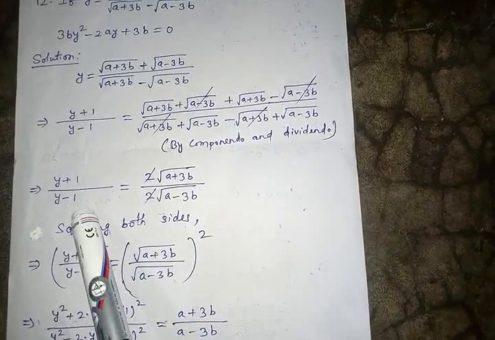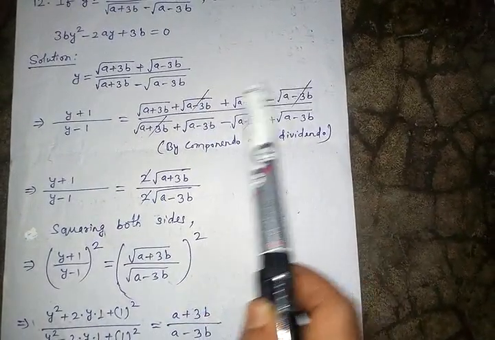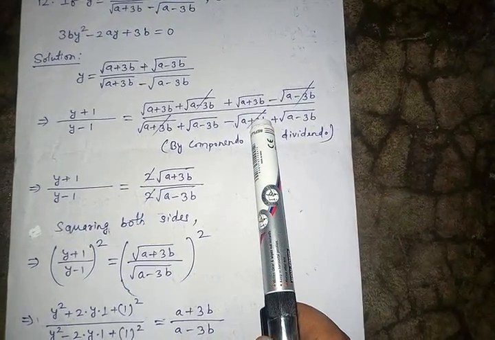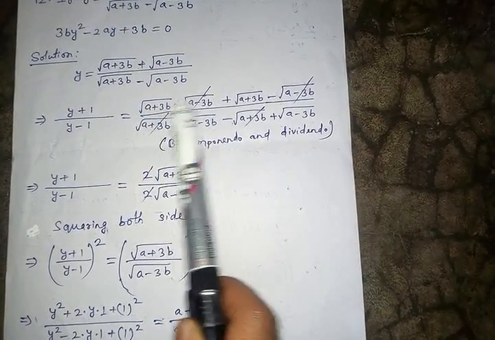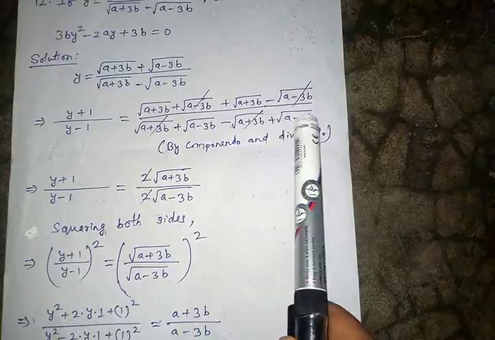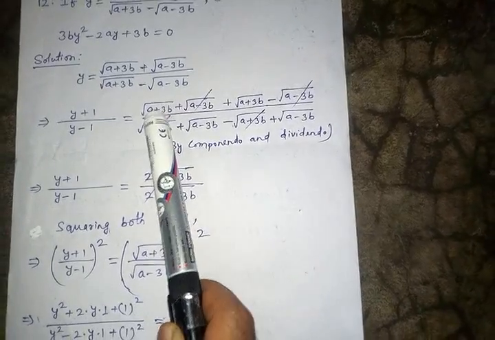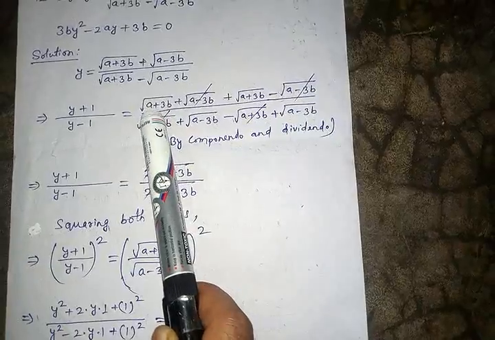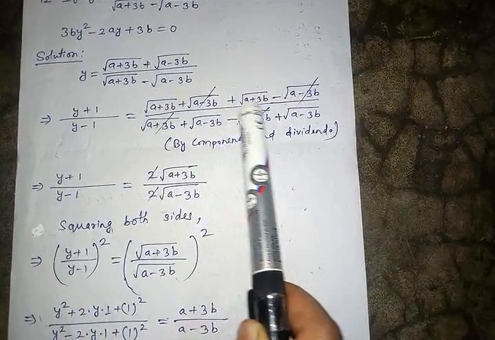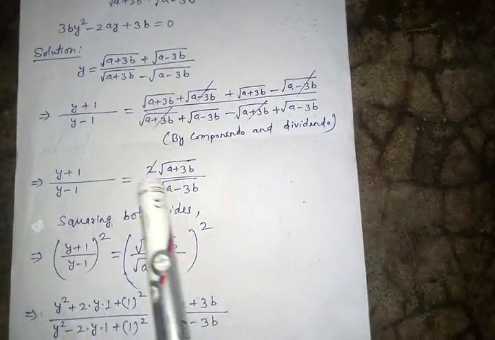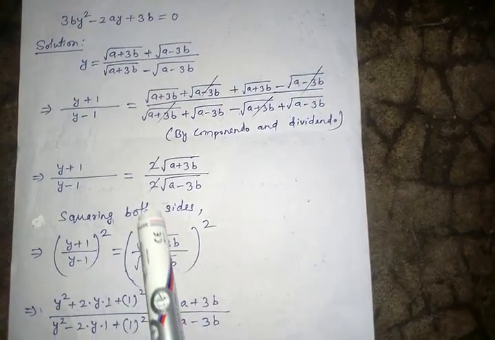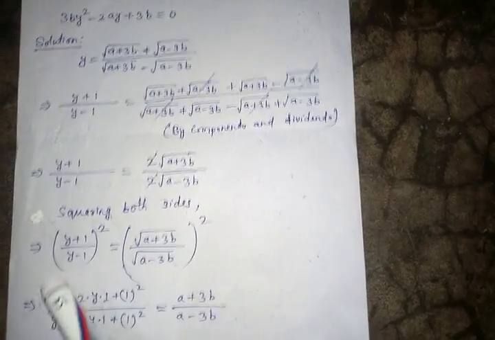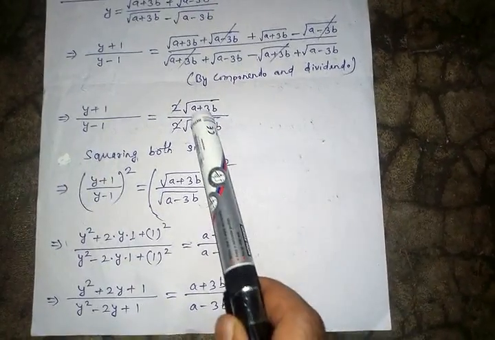Now same thing we write here. Here same variable in plus minus got cancelled, same variable in plus minus got cancelled. Now these two variables are same, these two variables are same. So when it is mango and it is mango, mango plus mango is 2 mango, but here it is not mango but it is root over a plus 3b, root over a plus 3b. So we can write 2 root over a plus 3b, and here we write 2 root over a minus 3b because a minus 3b. And now we have to remove root over.